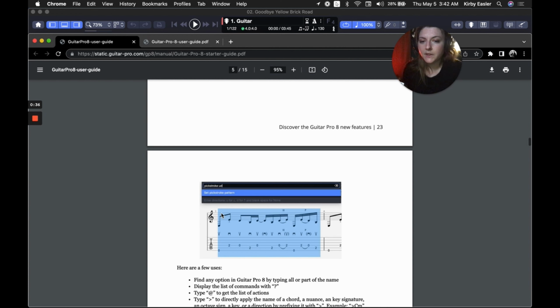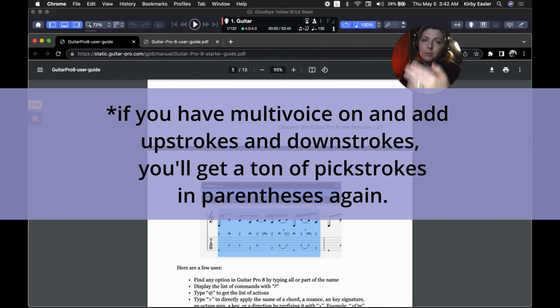The reason I did that is because I was able to differentiate what's the melody from what's the fill notes by deciding what side of the tab the upstrokes and downstrokes will be on, and they attach to the top or the bottom based on what voicing they were assigned to. So if you assign them to voicings 2 or 4, it's going to be on the bottom of the tab. And if you assign them to voices 1 and 3, they're going to be on the top of the tab. But if you do multi-voice again, and yeah,